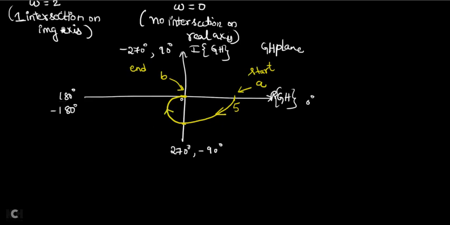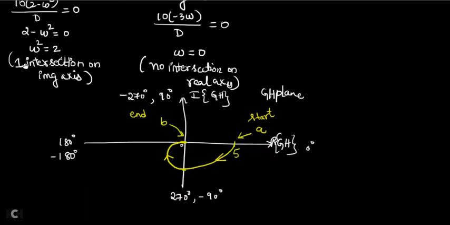Okay. According to this, whatever I have got, I have written one intersection on the imaginary axis. See, on the imaginary axis, there is one intersection of the Nyquist plot. And are there any intersections on the real axis? No. On the real axis, except where it goes and joins at the origin, there are no other intersections. So you should not intersect the Nyquist plot on the real axis. Is it clear? Except at the origin, where it ends, no other intersection should be there on the real axis.